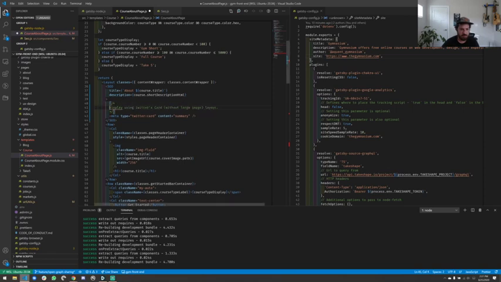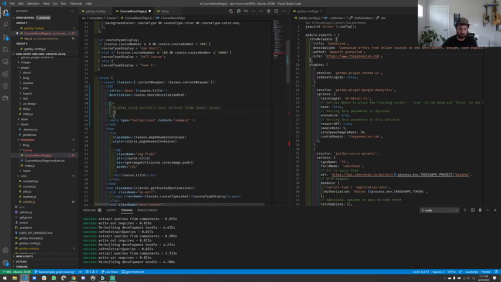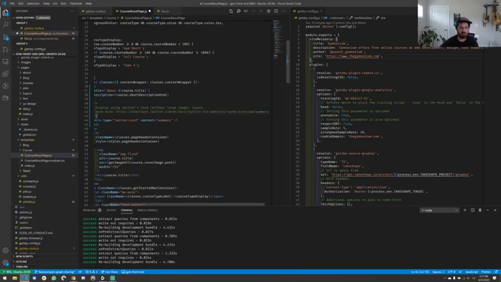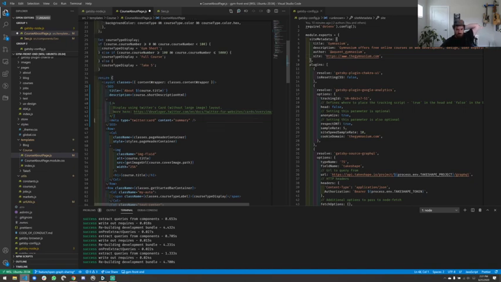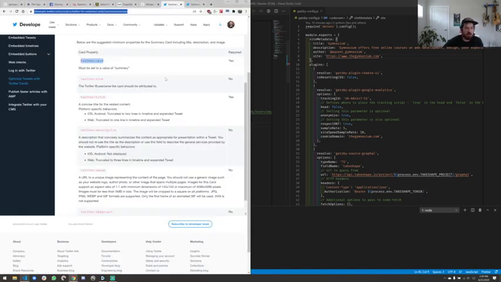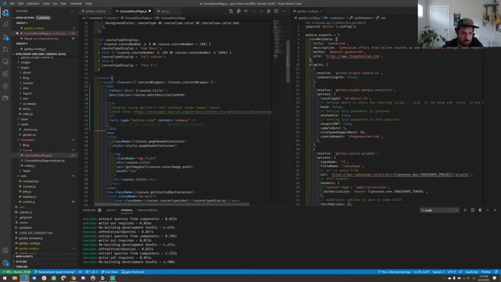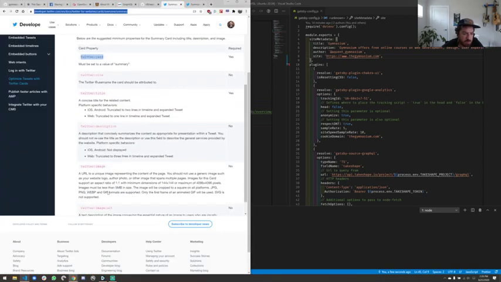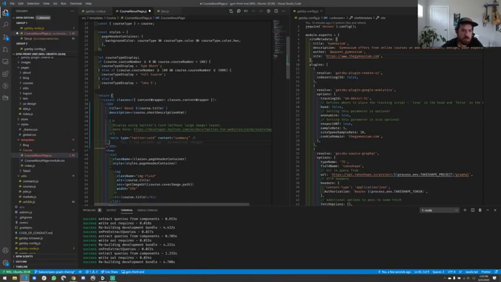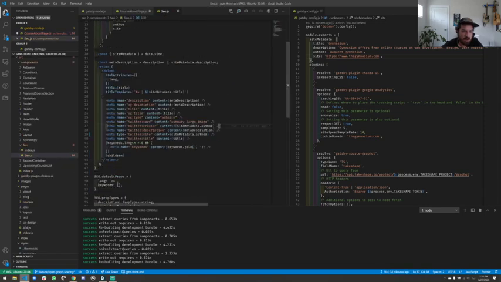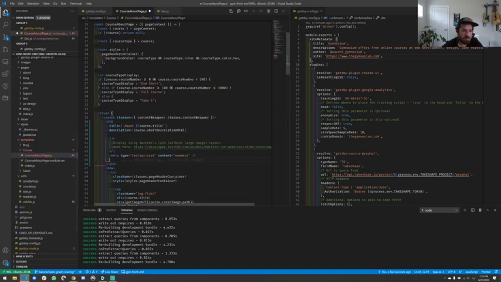Just leave myself a little note here. The link to this. Great. And now we need to, so this needs the Twitter site, the Twitter username the card should be attributed to, which we have set, the title, which we set here, the description, which is set, we need a Twitter image. And so we don't address any image stuff in here. And that's okay. We'll start with this. We might find a better way to do this.